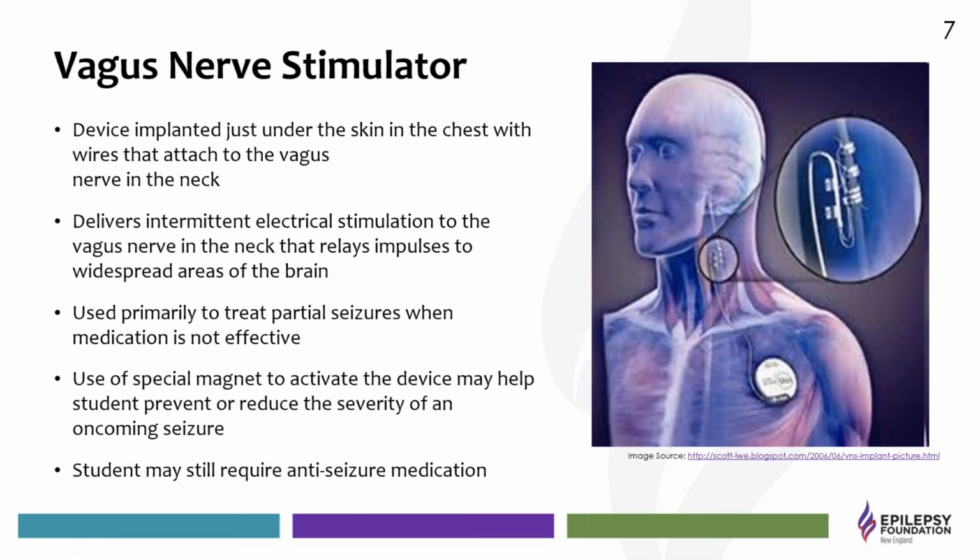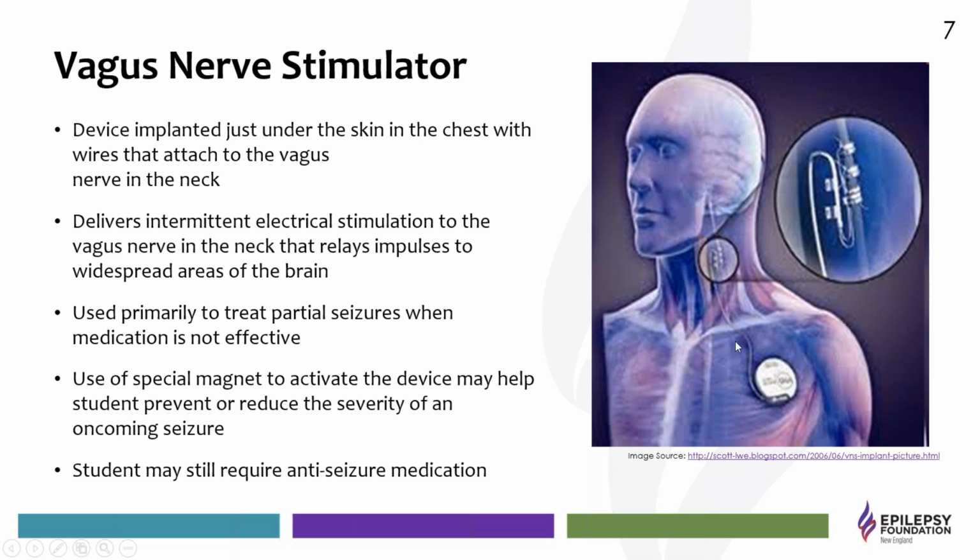So for the people who might be a candidate for some sort of neuromodulation device, the oldest one, the one that's been around the longest, is the vagus nerve stimulator. And this device is implanted right under the skin. So you see this little pocket watch sized circular thing that's implanted under the chest wall. And then there's a lead that comes. This generator is the battery, and it generates the signal. It's threaded up and around the vagal nerve.